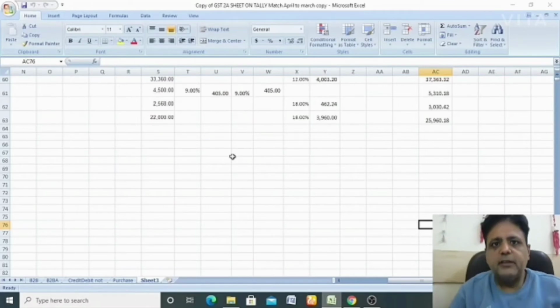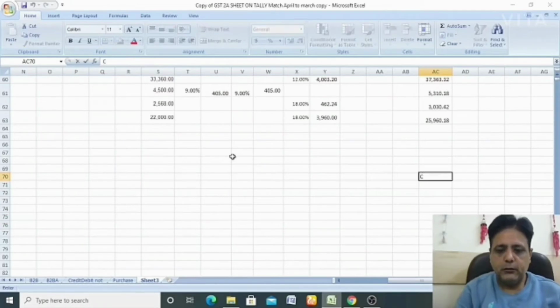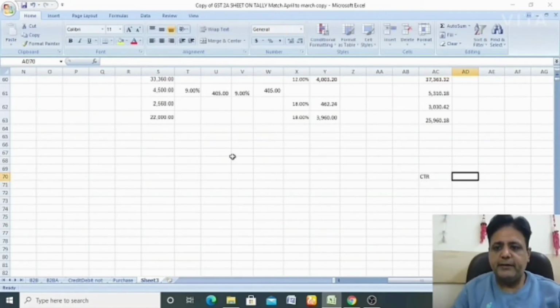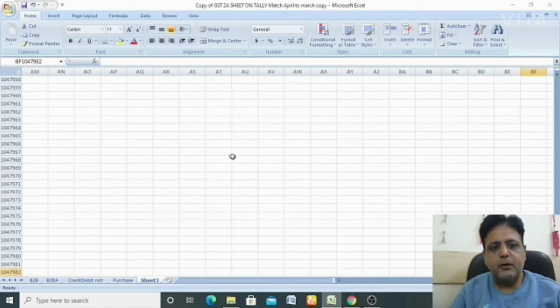To check whether you have made that mistake or not, you have to use a command called Control plus End. If you press Control and End, Excel will take you to the extreme column and row where you have gone.